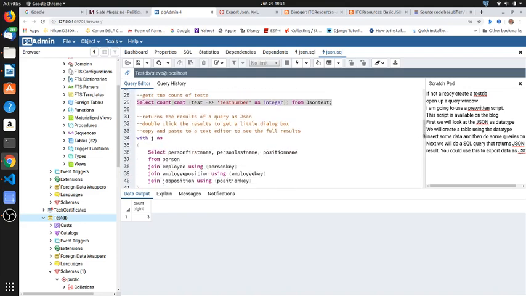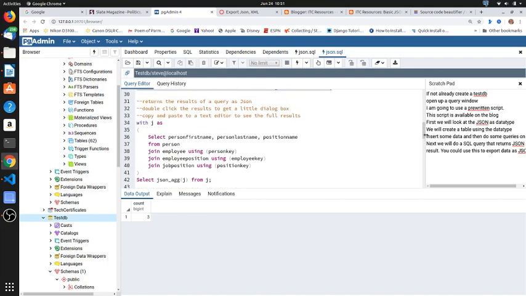Alright, and this is the last thing we're going to do. This is to take a simple SQL query and output it as JSON. We're doing it as, oh, I just lost the term of what this is. It's a type of query. Basically, it's a subquery, but it's done as a table. I'll remember it. Anyway, it's a legitimate query. We're doing WITH j AS, so that defines the subquery as j. It could be whatever. j is just a variable. We do the query. We're selecting the first name, last name, person name, position name from person, from employees, so we're only going to show the employees, and we are joining that with employee position and with job position. So when I run this,